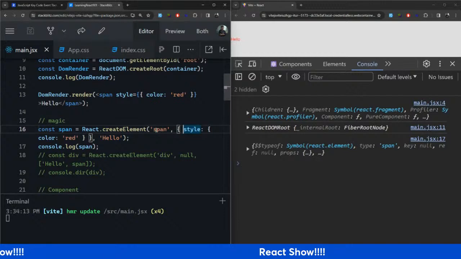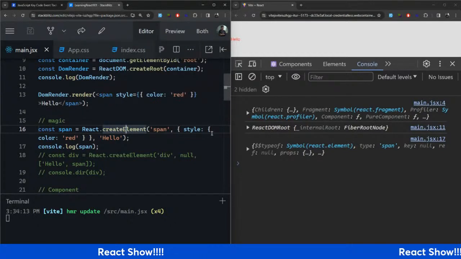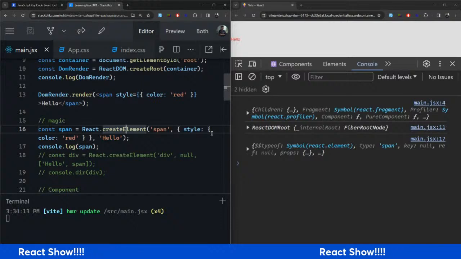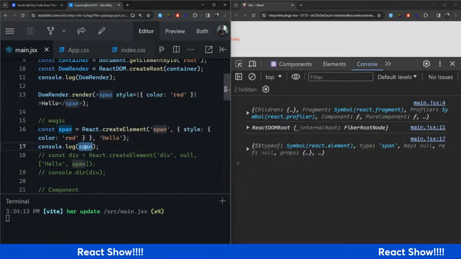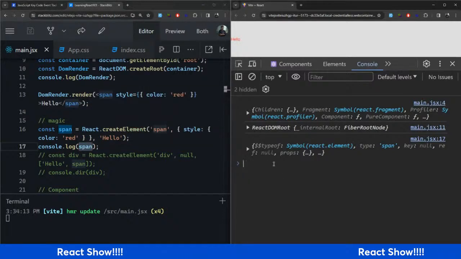That is, React is calling this function called createElement. So there is a function called React.createElement that your JSX called to create this particular span. And the moment it created this span, it will now render the span. So if we want to break it down into JavaScript, what is going on? The first step of what is going on is that